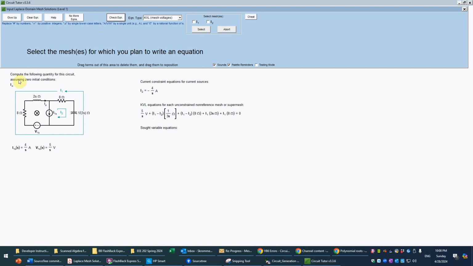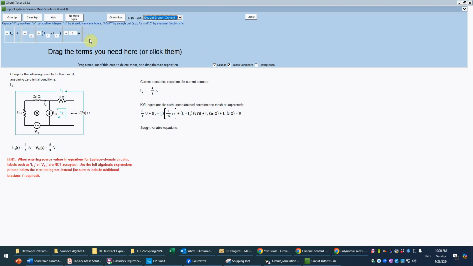So then the last thing would be the sought current equation for the sought branch current. So we'll select that type of equation here from the menu, and that'll give us the appropriate set of terms we can use. So we're writing an equation for I naught, and we see I naught basically goes this way, and so there's only one current going through that, which is I1, and it goes in the opposite direction. There's no current here because that's the reference mesh, so we're going to have that equal to the negative of I1, since it goes in the opposite direction to I1. So now we'll check that equation,